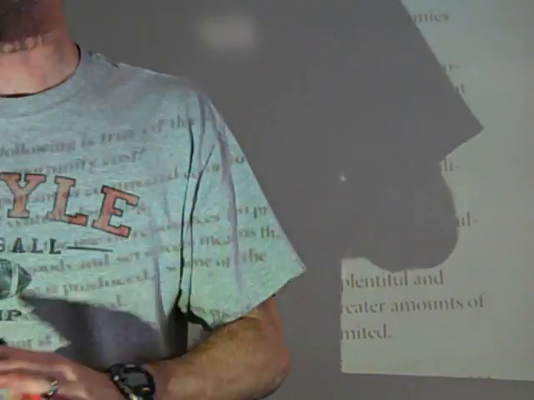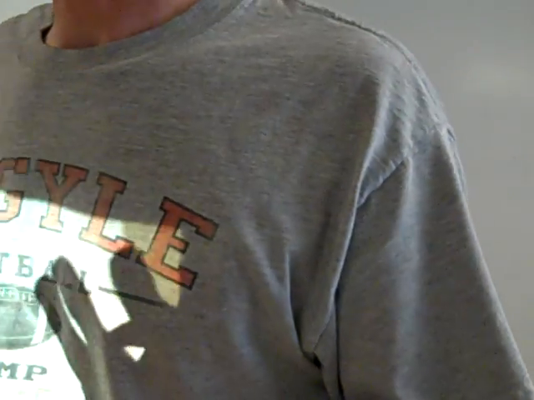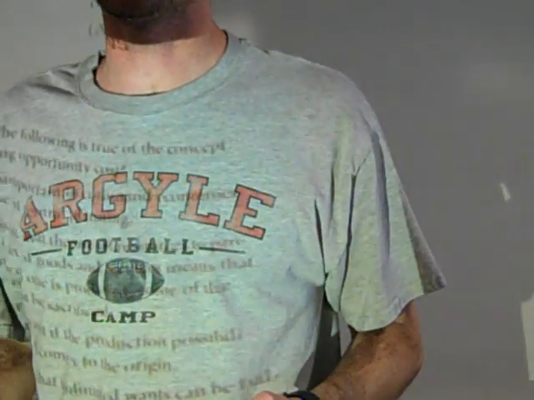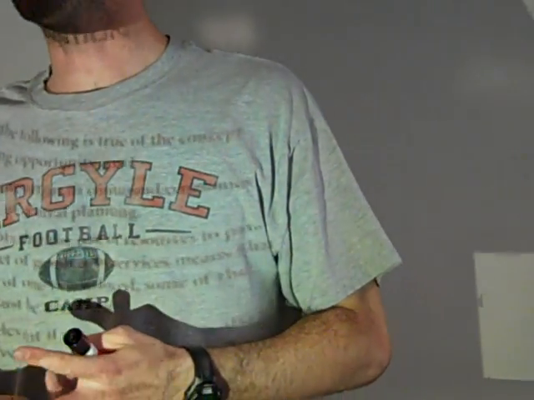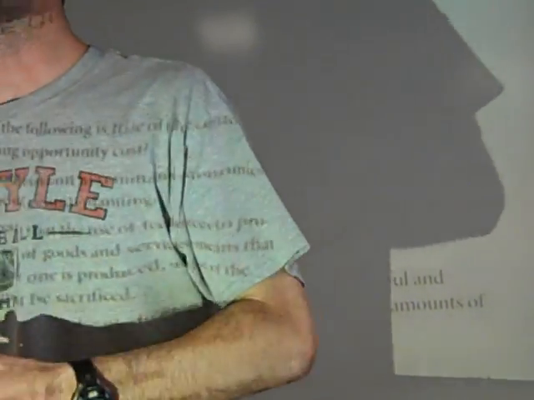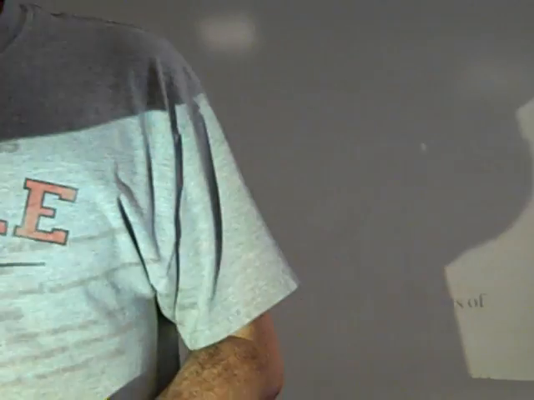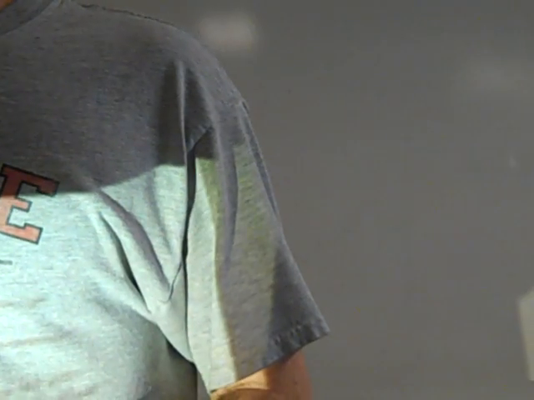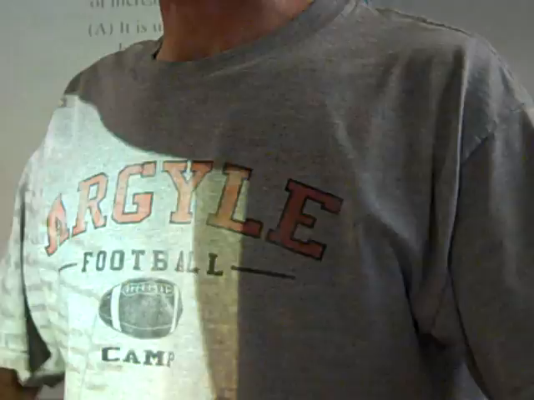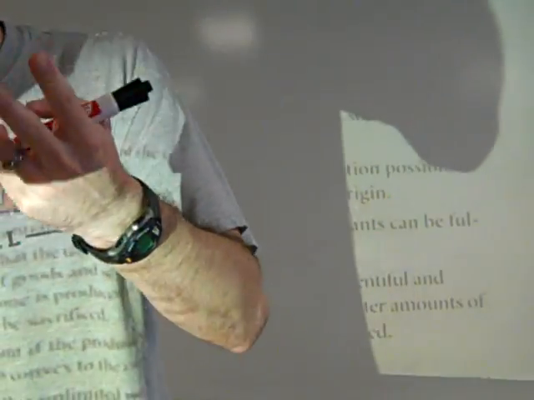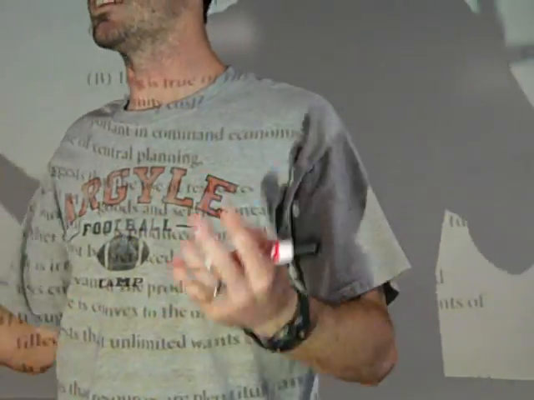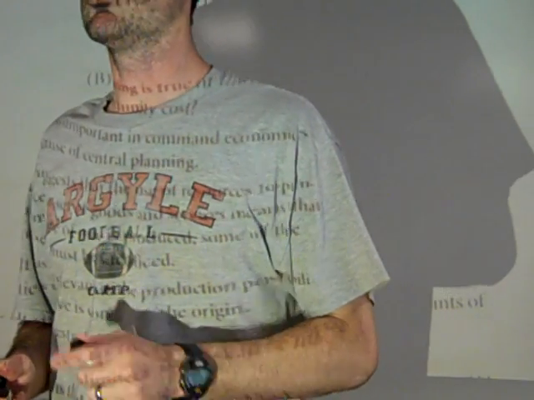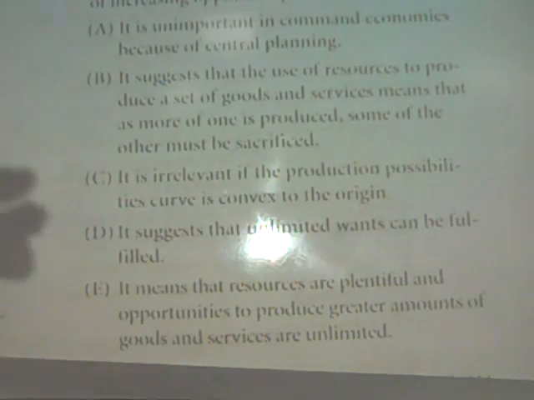All right, there is an idea that I don't really teach very well. There are 3 basic types of economies. There's traditional, like Indian tribes and things like that. There are command economies, which are totalitarian, sometimes communist nations, where the government makes all the decisions about economics. And then there are capitalist or free enterprise economies, free market economies, the 3 names: capitalist, free enterprise, free market, where the market answers all the questions about the economy. All right, we'll get to those in just a second. But that's not the answer here.